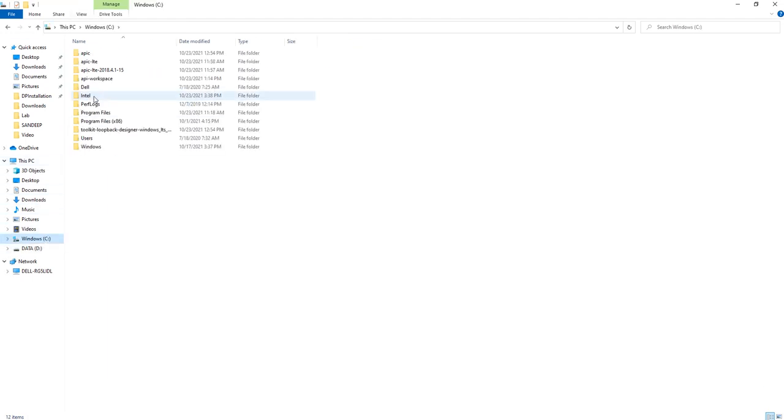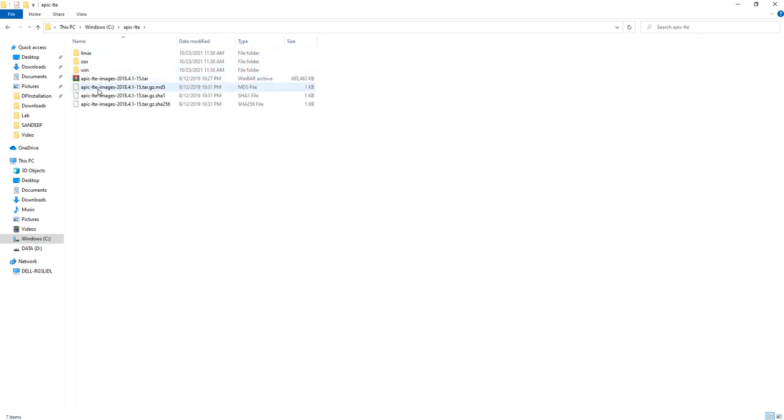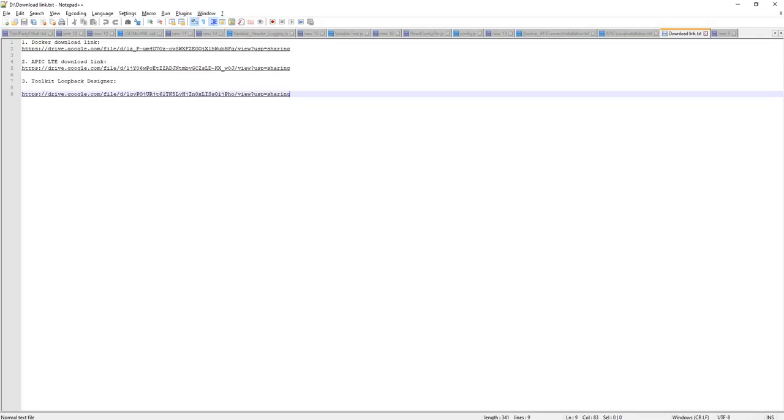You shall be in the C drive. So here you are in the C drive. When you extract your file, you shall choose this location. Let me show the downloaded version also.